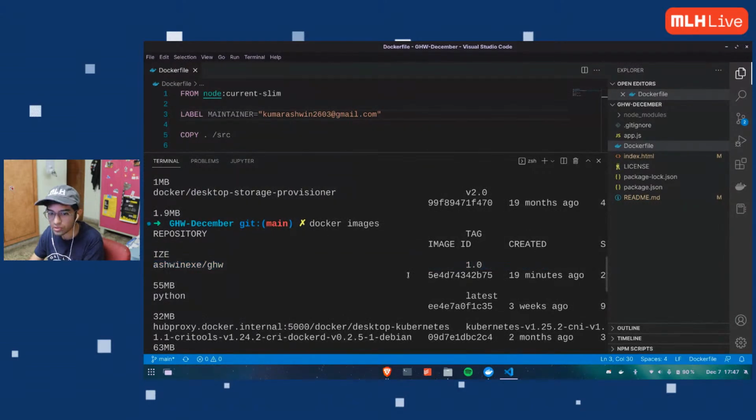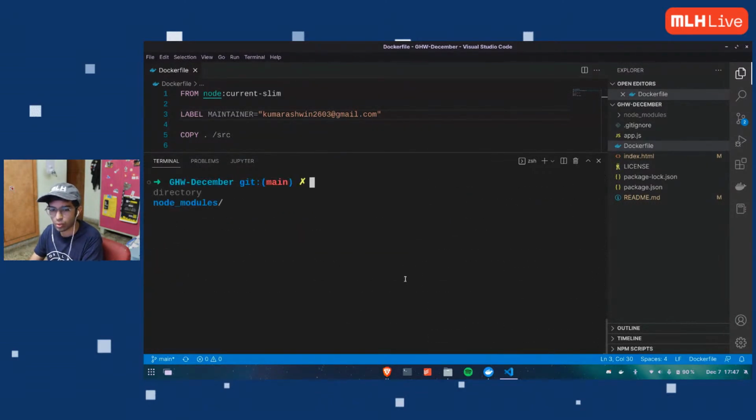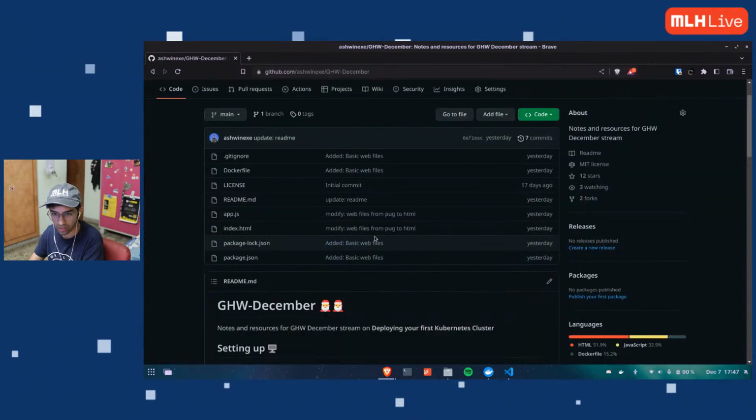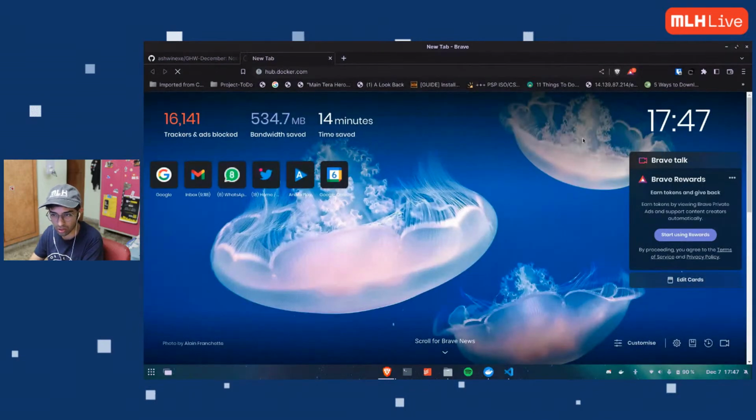Nice. If you were not able to create your own image, that is okay. You can pull down my image. So if I go to hub.docker.com,